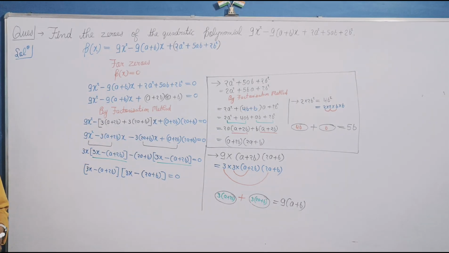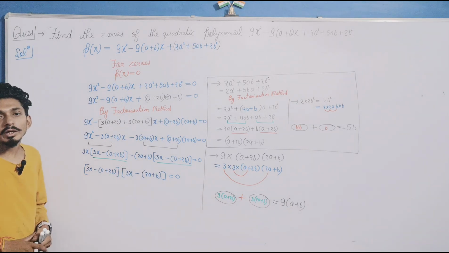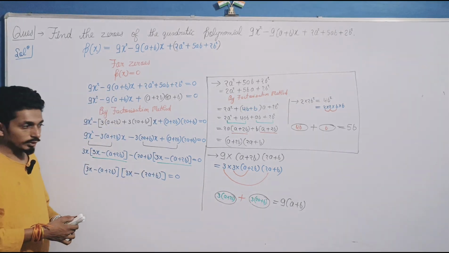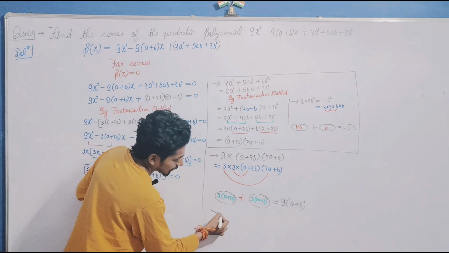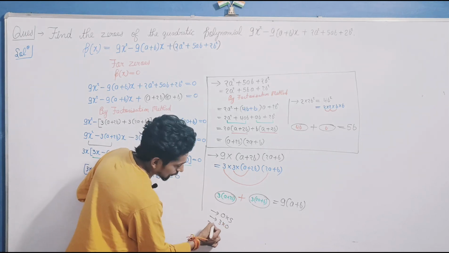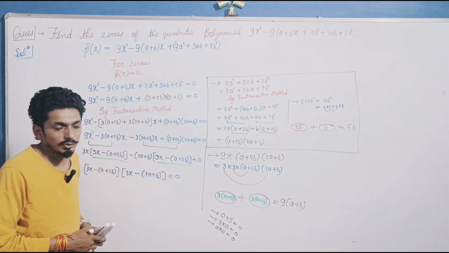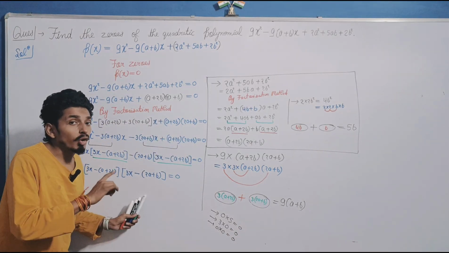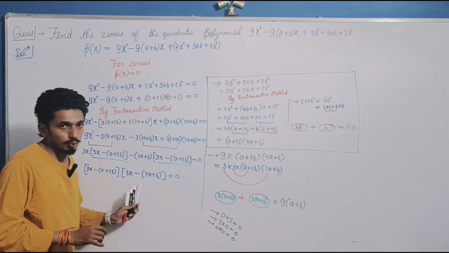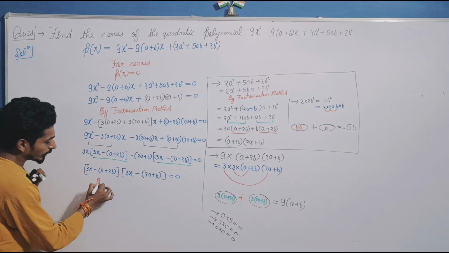Yes or no? Okay. The product of two quantities or numbers should be equal to 0 if and only if either one of them or both of them are equal to 0. Yes or no? Okay? If we take the first number as 0, 0 into 5, or 3 into 0, or 0 into 0, then we get 0 in all cases. It means the product of two numbers or two quantities is zero when either the first is zero, or the second quantity is zero, or both are zero. Yes or no? Okay. This rule is known as zero product law.